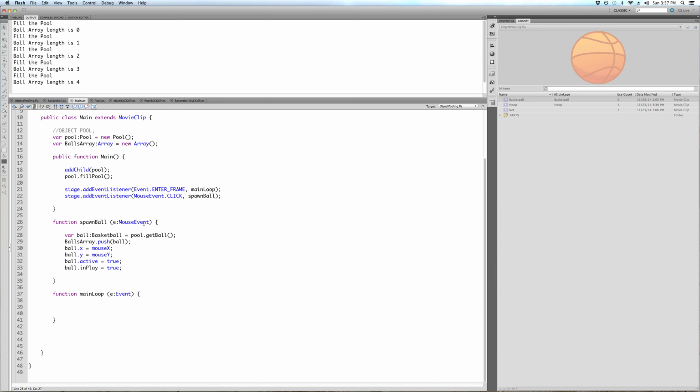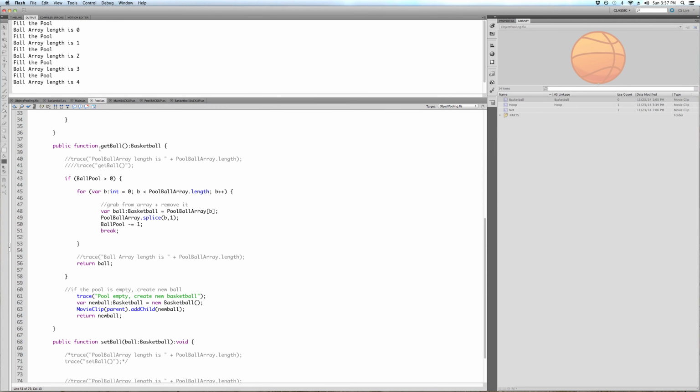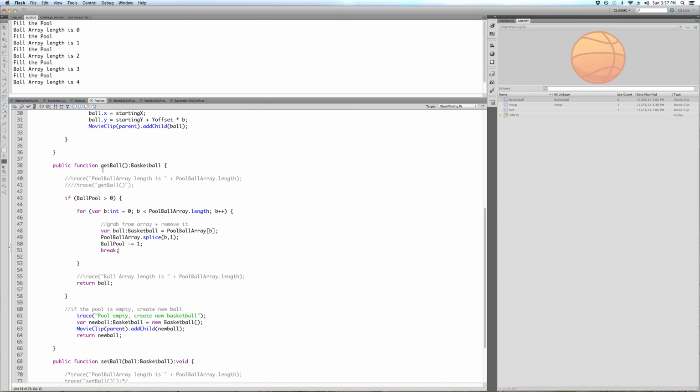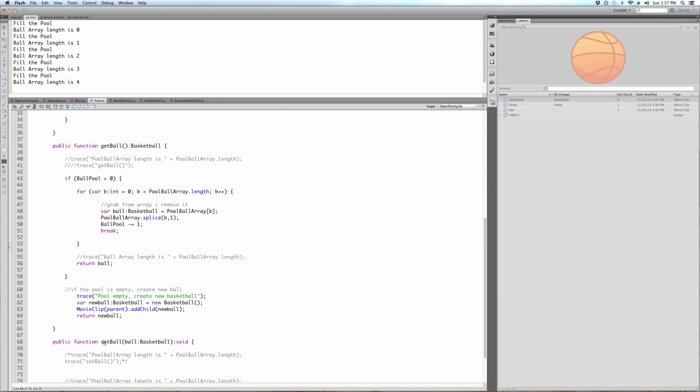They only accept information. So in the pool class, this is a common programming technique which you can look up called a getter and a setter. And that's all that this is. You're getting a ball and then we're going to be setting a ball when we put one back in the pool. For now, we're talking about getting a ball, pulling it out of the pool. So what this means with this colon basketball is that this function, the get function, is going to return a basketball,